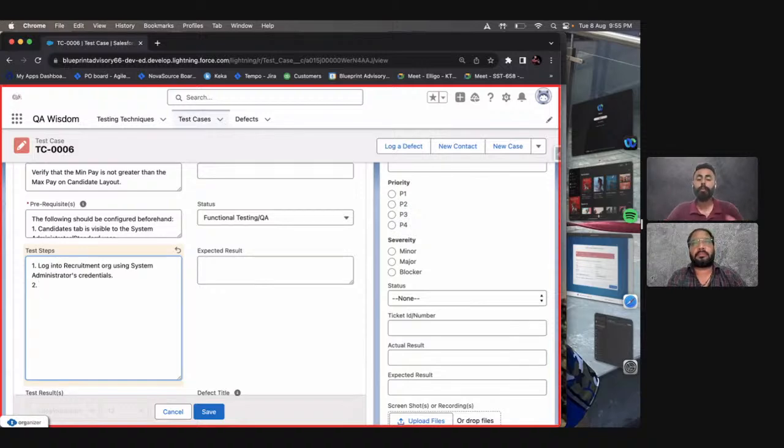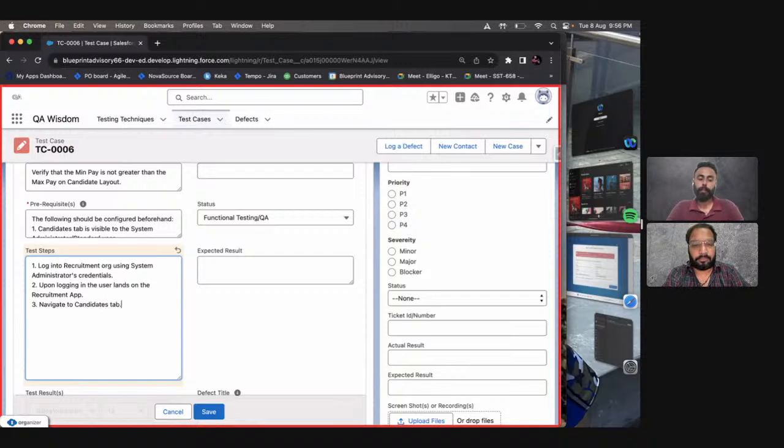There are also scenarios where people tend to avoid that. If we are actually performing that, we are considering that upon logging in, the user lands on the recruitment app. Next step would be to navigate to the candidate object. So navigate to